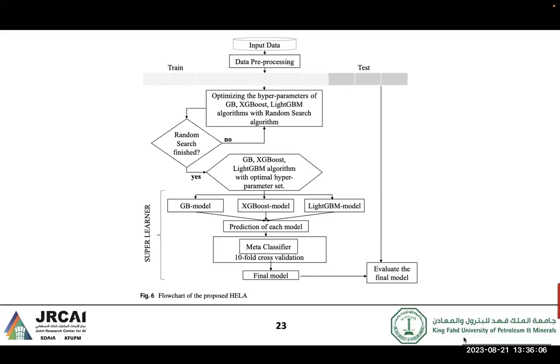So now we can see from the pipeline here, they are proposing different kinds of models. You have gradient boosting, and you have the light version. They have used three kinds of models. But before that, during the training process, they have some parameters to tune. You have to find the best set of parameters for each model. Once you have the best set, now we have three models to be created, as you can see here.